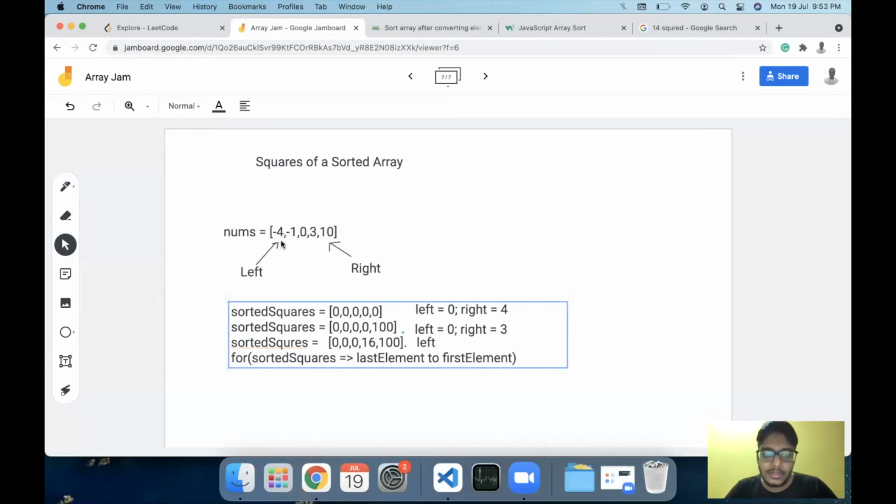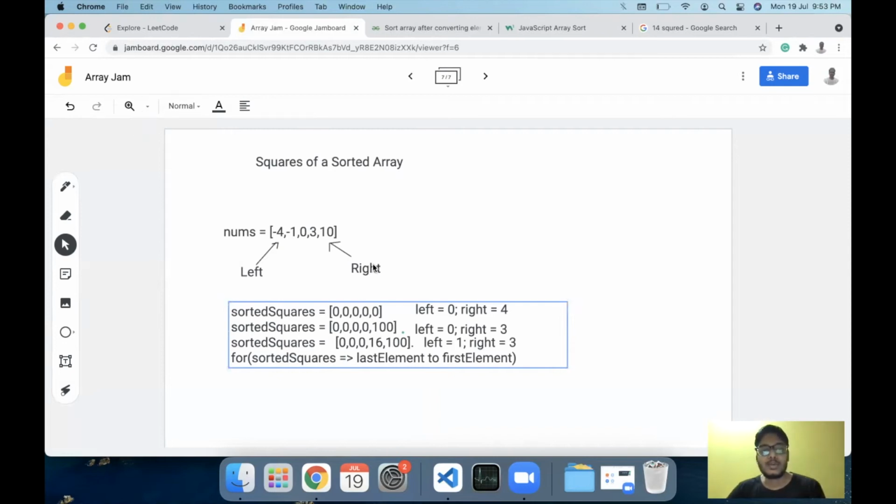So we can now move ahead with the element -1. In that case, our left will be now 1 and our right would still be at 3 because 3 is not yet pushed into the array. So we'll keep it like that only. So this is how we can proceed ahead and we can store the values and eventually the entire array would be sorted. Now this would run in O of n time because we are doing both of the operations, which is querying as well as pushing in a single for loop. That is why this works.